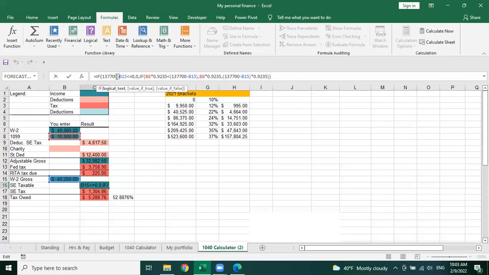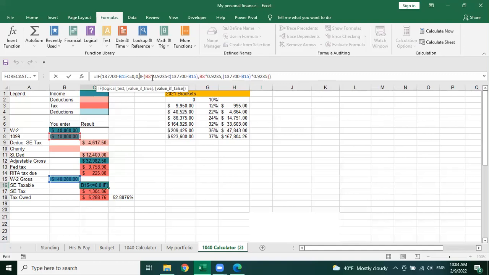If the max taxable minus our W-2 is less than or equal to zero, which would mean that our gross is greater than 137,700, then we don't have any Social Security self-employment taxable income from the 1099, because it was all paid out in your W-2 withholding. If not,